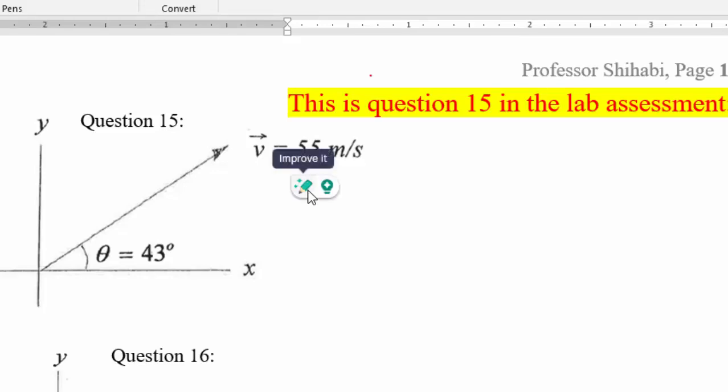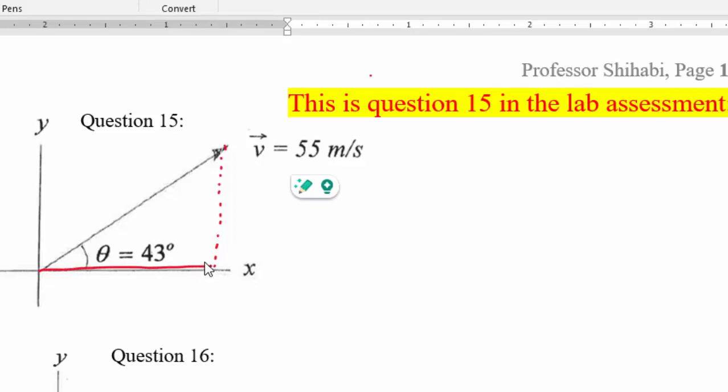In problem 15, we are given the angle and we are given the vector, which is in that case velocity. And we are asked to find the x component and the y component of the vector. Now, x and y components represent the projection of the vector on the x-axis and the y-axis. So the x component here for this vector will be the projection